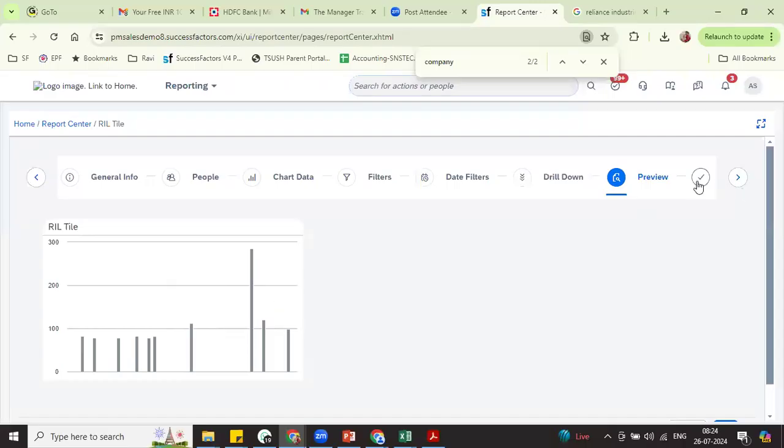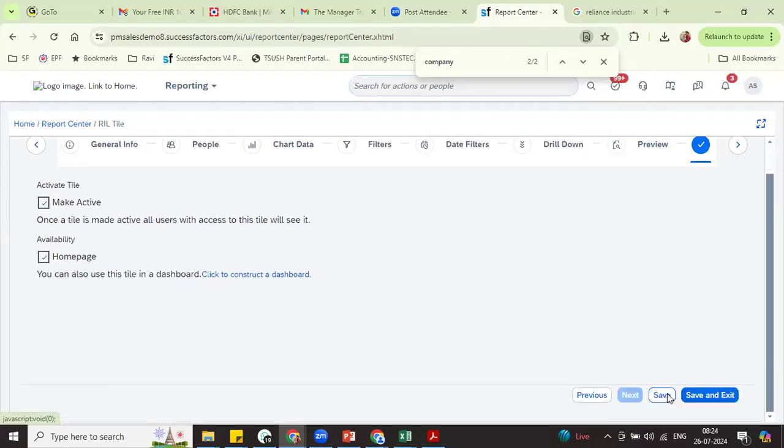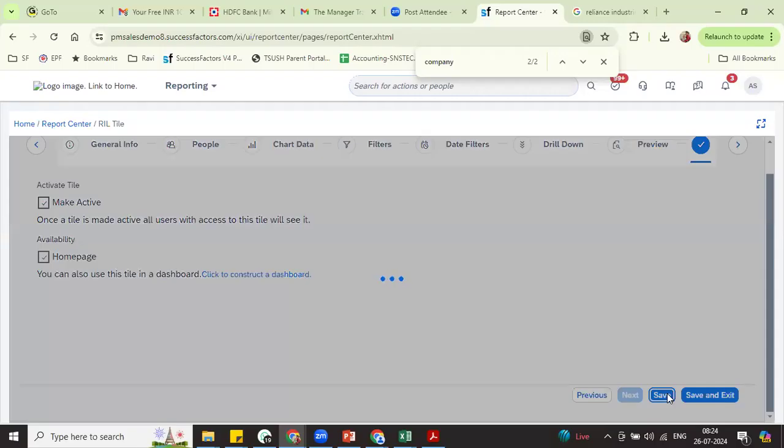So this data, I want to have it active and show up on the home page. You can also show up on the home page. And if you want to create your dashboard, you can also do that. Okay. So let's say save. You saved your tile. Now the